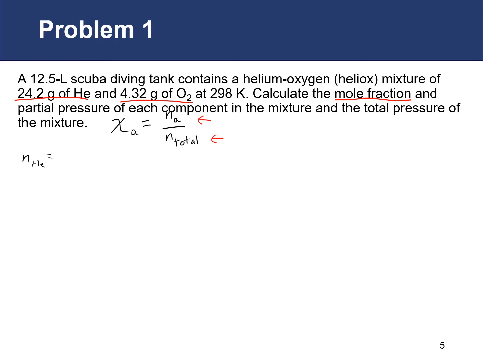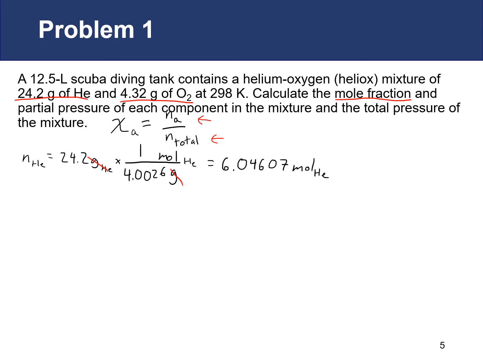Right, so the number of moles of helium is equal to our 24.2 grams of helium times our molecular weight, with moles on top, grams on bottom. 1 mole is 4.0026 grams. Our grams are going to cancel out, leaving us with moles of helium. If we plug this into the calculator, you'll get 6.04607 moles